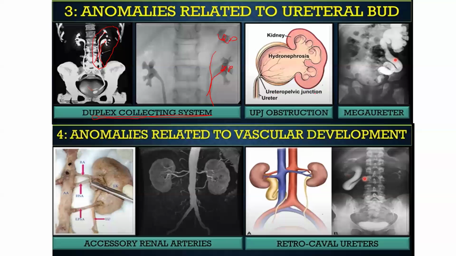This one, on the other hand, is due to obstruction, what is known as ureteropelvic obstruction, and for that reason you get accumulation of urine within the renal pelvis to form what is known as a hydronephrosis. In this one you can see that the ureter, first of all, is twisted, it's like coiled, spiral, and it is big. So that's a mega ureter. And in most cases, a mega ureter is because there is an obstruction and urine accumulates within the ureter and it becomes